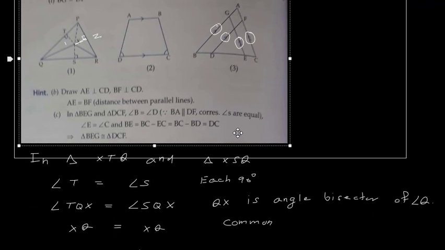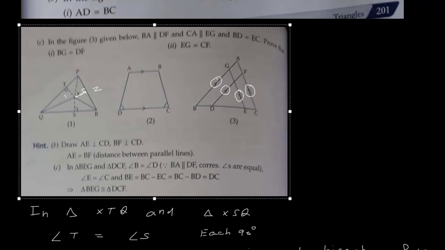Why have they given that BD and EC are equal? It is given. BD and EC equal. It is given. Okay. So you got that your side